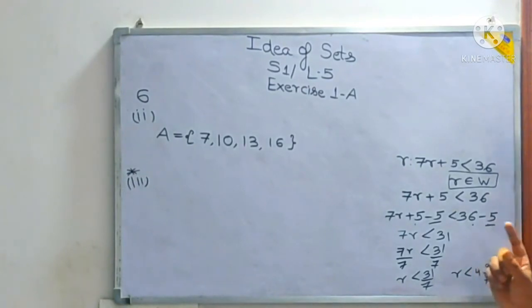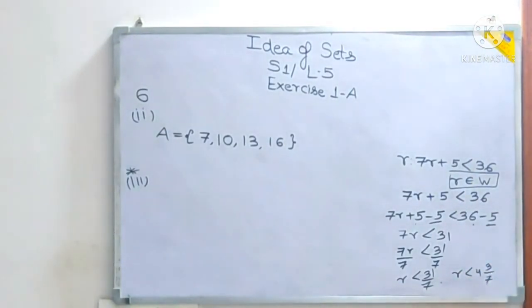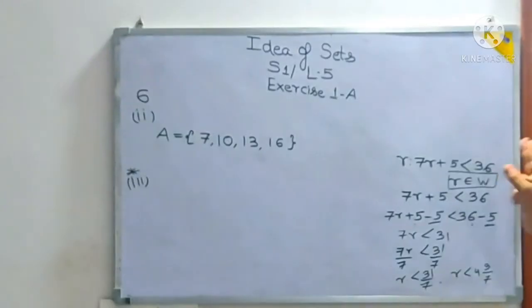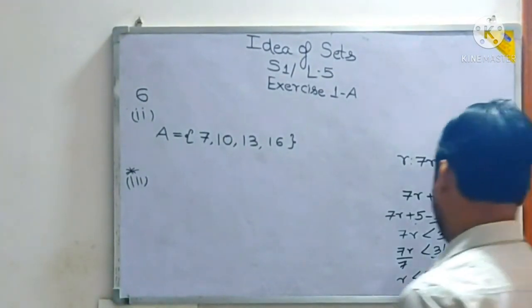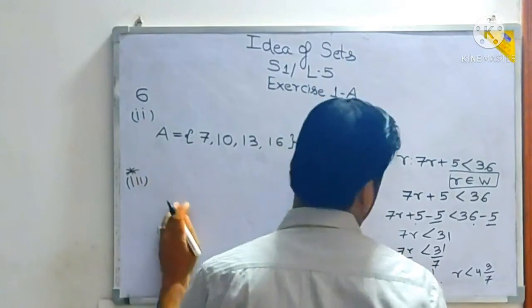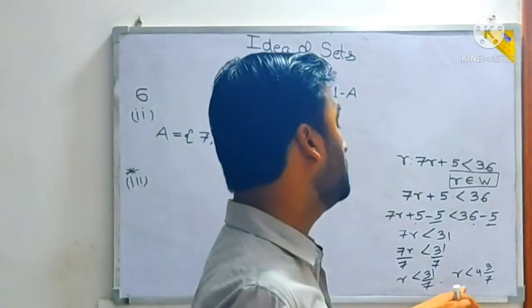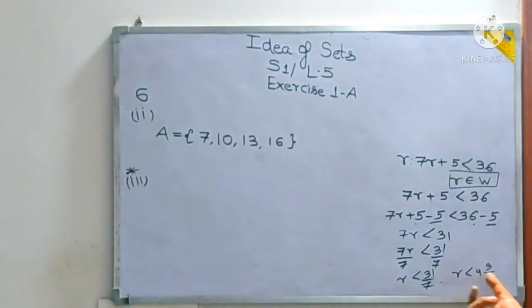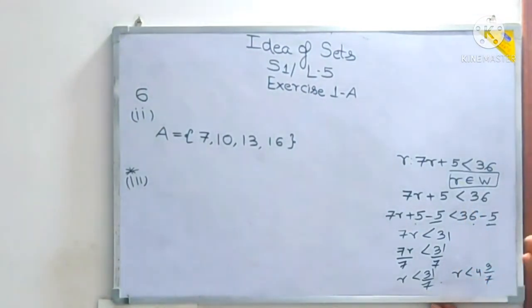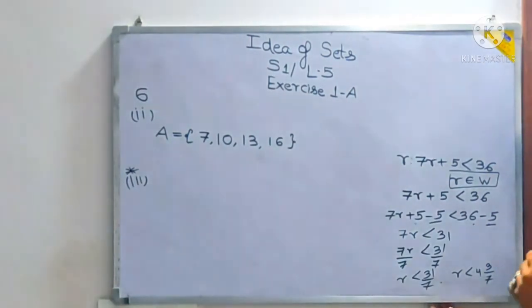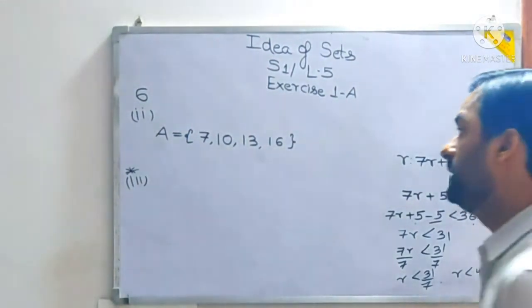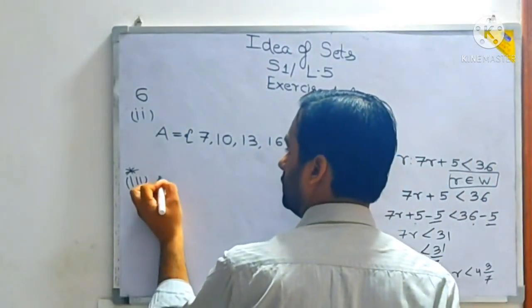We will take a value of r that will satisfy this inequality, and I expect that you write this in your rough column. You write this one because this will be expected of you. So what will you write here? Now see what all values will come. Since r is less than 4 whole 3 by 7 and r belongs to whole numbers, what all values are there? Those are whole numbers less than 4 whole 3 by 7. So you can write r is equal to,